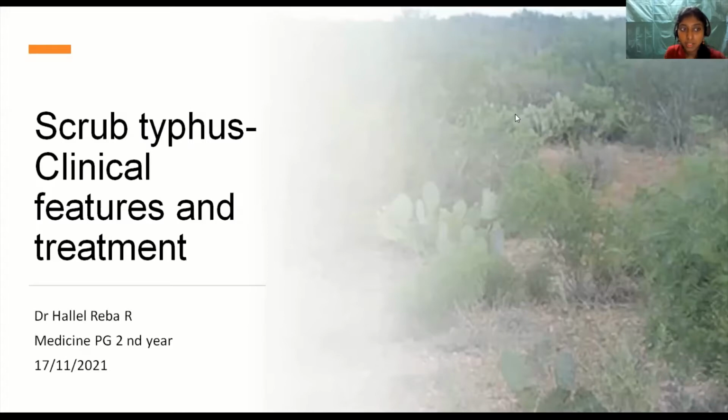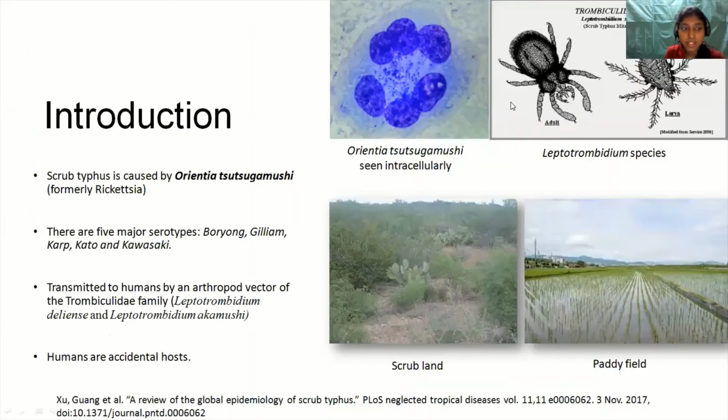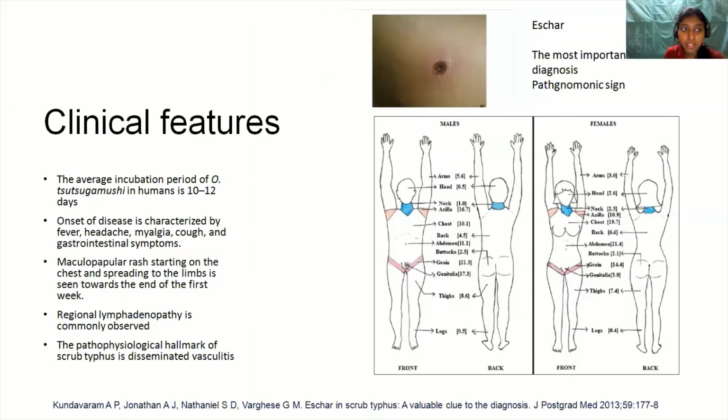Afternoon. I'll be talking about the clinical features and treatment for both scrub typhus and dengue. Scrub typhus, which is caused by Orientia tsutsugamushi, is transmitted to humans by the arthropod vector of the Trombiculidae family. The larval forms are found in the scrubland and in the paddy fields. The average incubation period of Orientia tsutsugamushi in humans is 10 to 12 days, and the onset of the disease